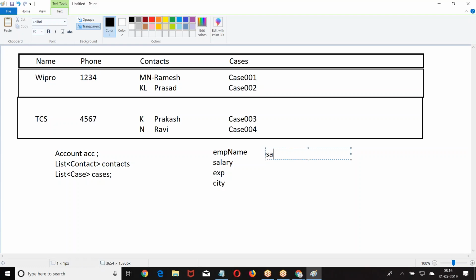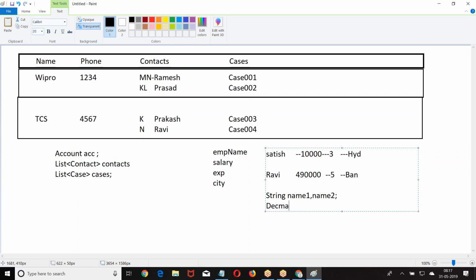I want to collect the data: Satish, 10,000, 3 years, Hyderabad. No, all of them are not independent, right? All the data belongs to one particular person. Ravi, 40,000, 5 years. Now, it is not like string 1, string 2. The same data, if I give like this, string name 1, comma, name 2.